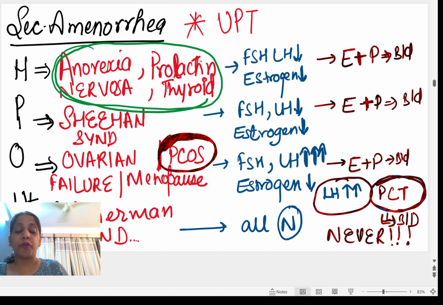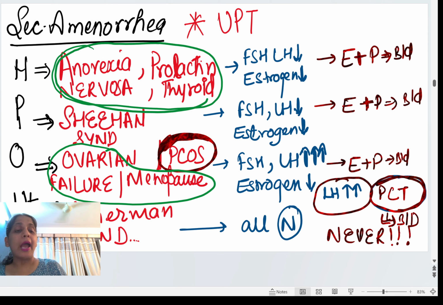Now what happens if the ovary fails? When the ovary fails, at menopause or premature ovarian failure, again you know that it will be a hypergonadotropic hypogonadism condition, and the patient's ovaries also become dysfunctional in